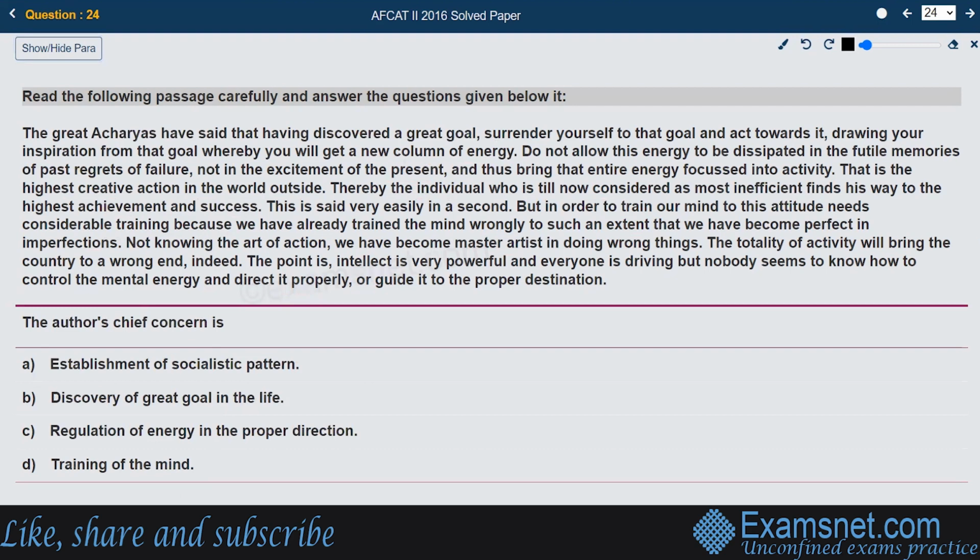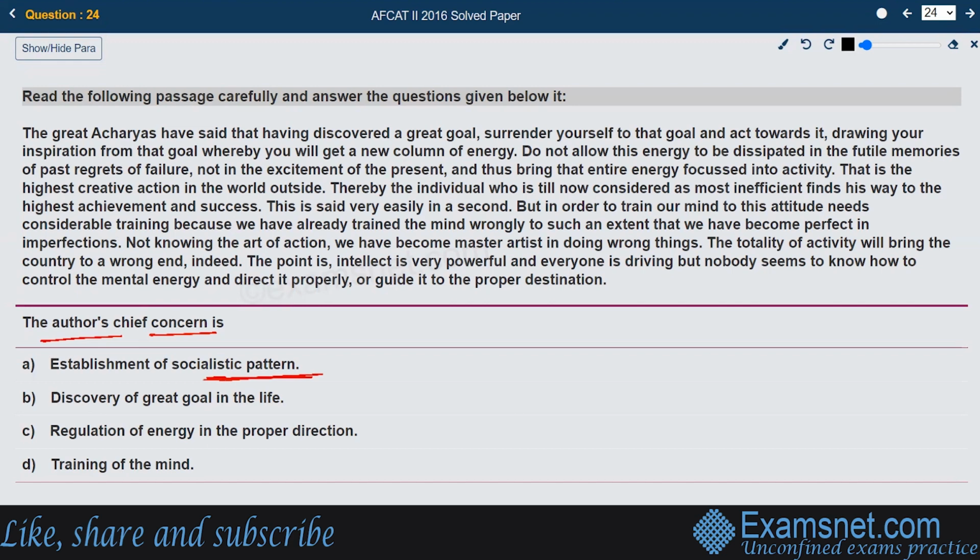Next, again, we have to find out the answer of the question given. The author's chief concern, what is the main concern of the whole passage? See, the author is talking about regulating your energy and focusing your energy. Concentrate your energy; your proper focus should be on the target. So if you look at the options given and find out the answer from the options, establishment of a socialistic pattern,